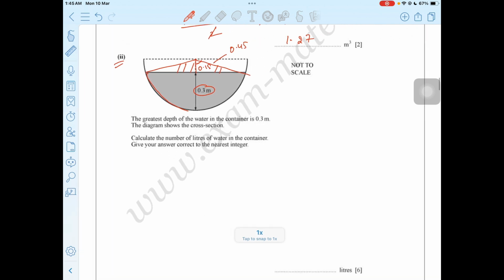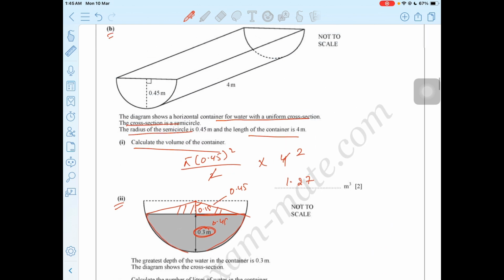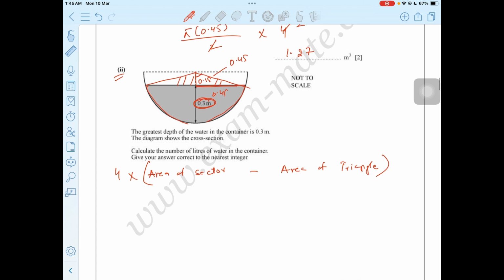Okay. So we have this, because we can't directly calculate this, right? Because this is 0.45 and this is 0.3, we can't directly calculate it. So we have to use this area of sector, which will be subtracted by area of triangle, and then this is basically multiplied by 4 because this is eventually a prism. So we have the area of sector as